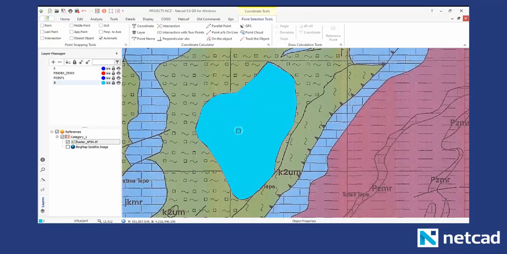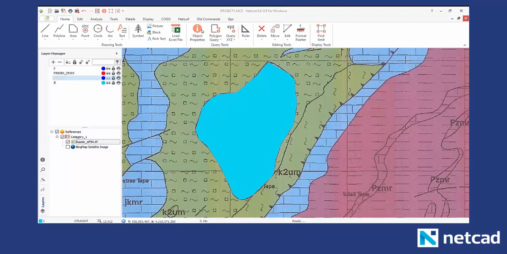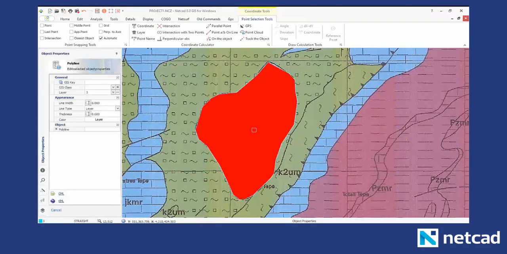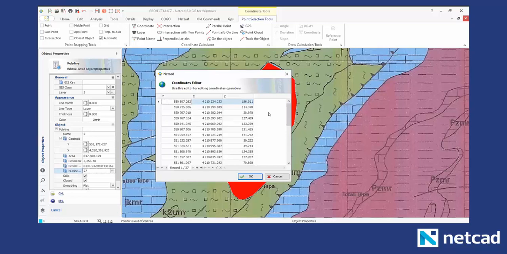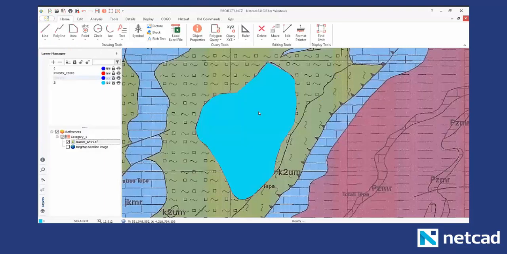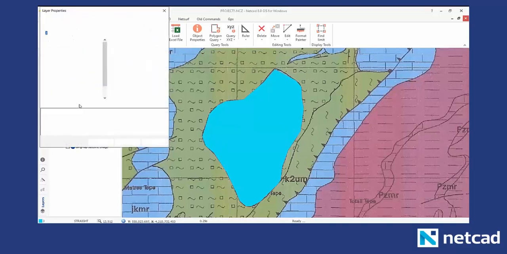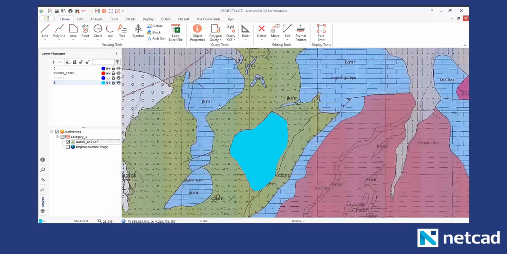So if I query the object properties of this area, I'm going to be able to see the area information. Now it has area information, and also it has coordinate information of the polyline and each point that I drew. So, in another way of saying it, it's intelligent data that we have here. And according to our needs, let's say this is a lithological piece and we would like to separate it from the other lithologies and specialize it,